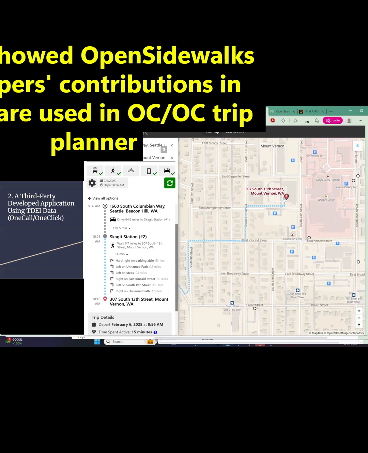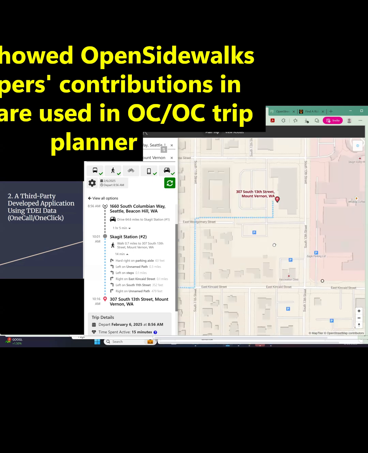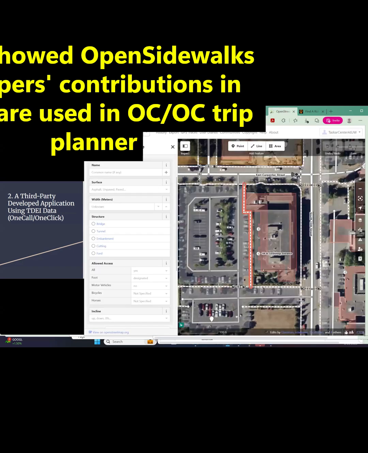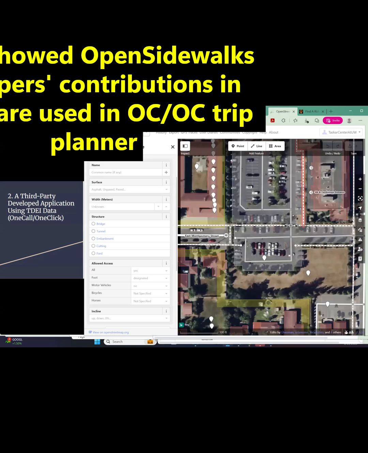Right, so this is the stop that we just viewed on OSM. And we can see that this is where it lands us at the end of that trip.